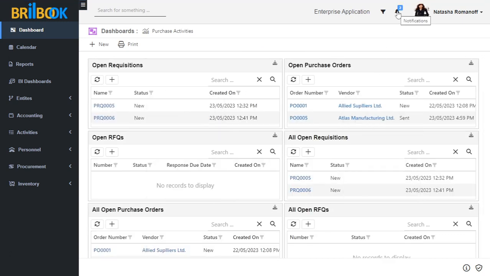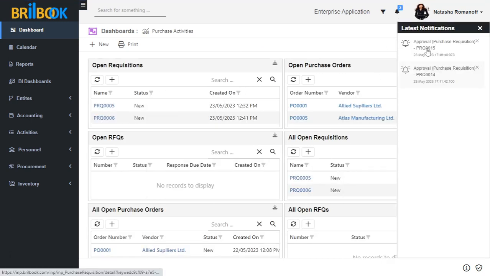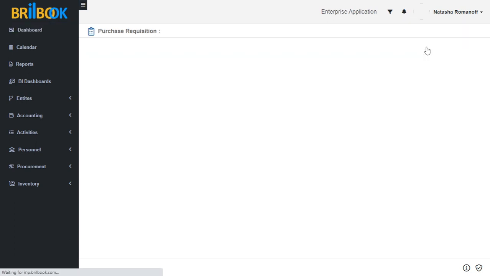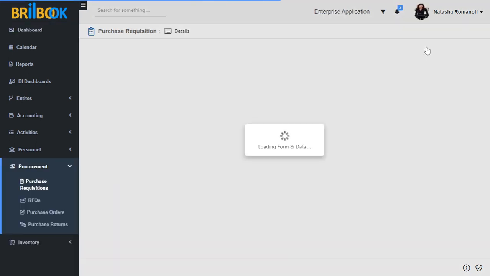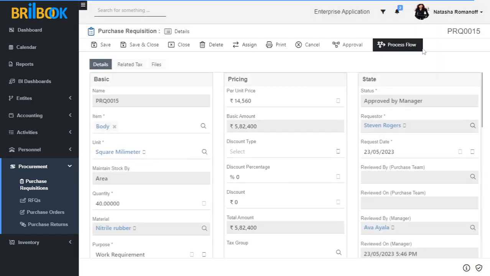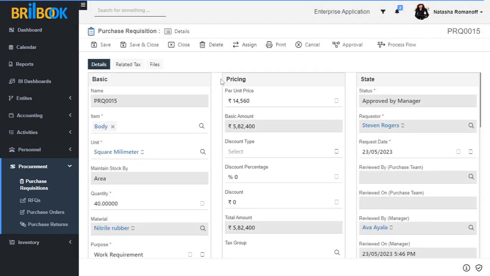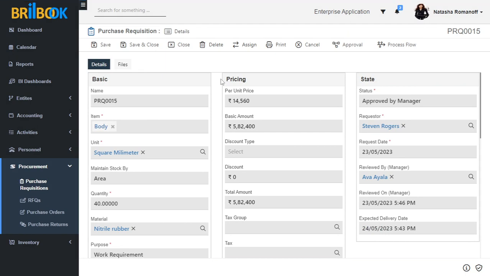Click on notification bell icon. Here you can see the notification is received by purchase user to approve this purchase requisition. Click on that purchase requisition. Here you can see the purchase requisition status is approved by manager.